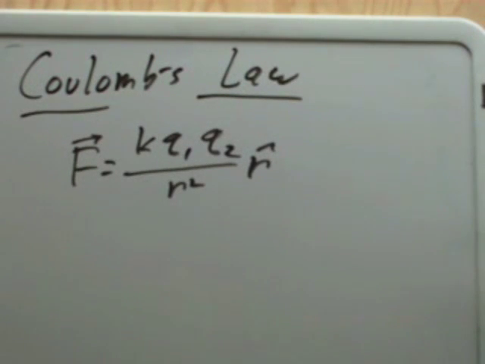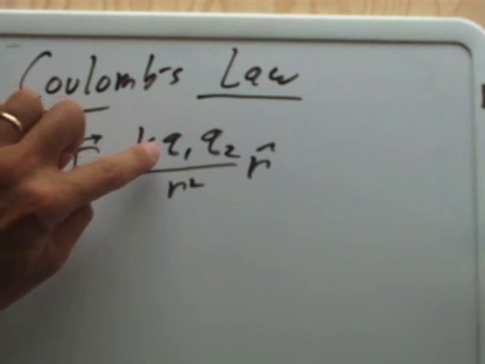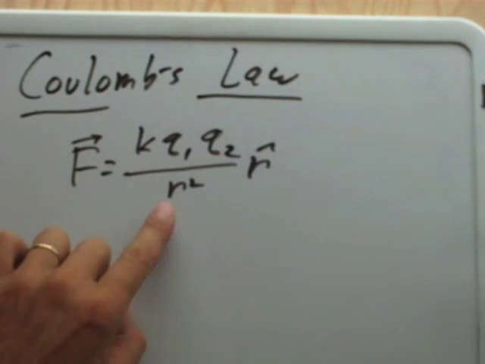This video here is a bit of an introduction to Coulomb's law. What Coulomb's law tells us in electricity is what actual force exists between two charges. So now I've written Coulomb's law up here, so you can see all the salient terms here. It's a force, and it is a vector, meaning it has a direction and a magnitude. There's a constant here, K, and it calls for a Q1 and a Q2, and an R, which is the